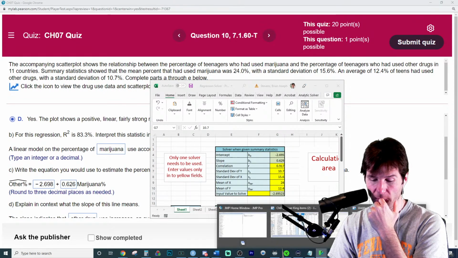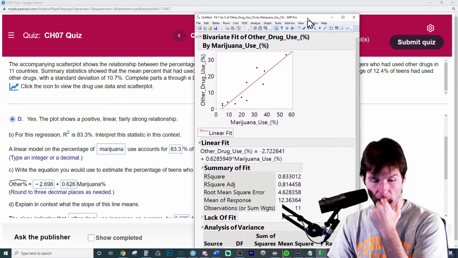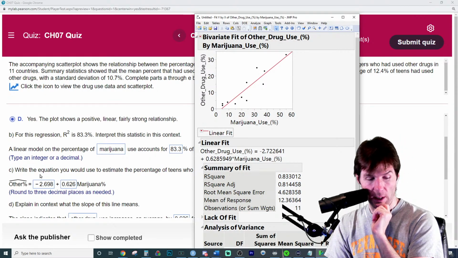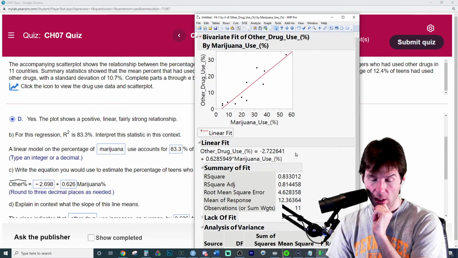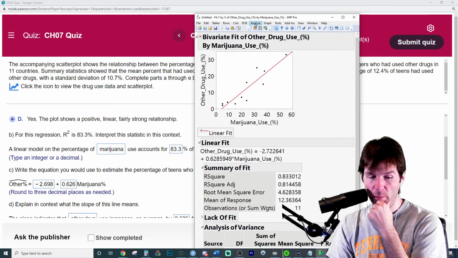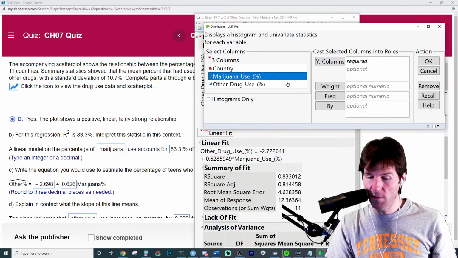Because the numbers JMP gives with their data are different numbers. There's the value of r squared, very close to it. And then the intercept is negative 7226. And here's the thing. They must be misestimating the standard deviation or not carrying enough decimals, because if we look at these values,